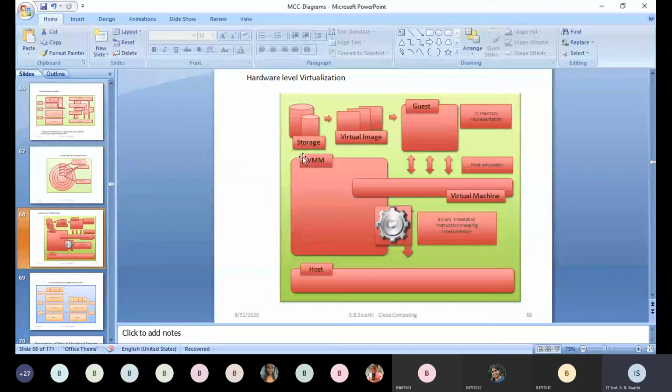And we have discussed the host and guest. What do you mean by guest? Who is called the guest here? Is it the server? Or is it the cloud provider? Who is the guest here? Server. Guest is the server. Then who is the host?